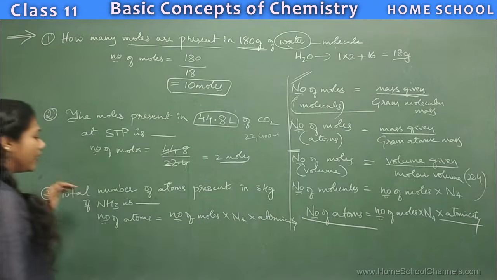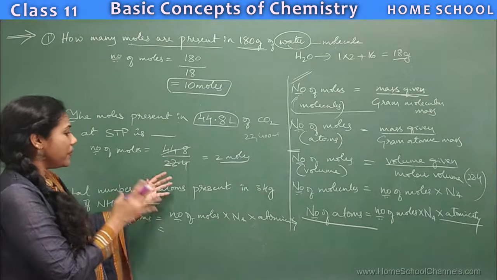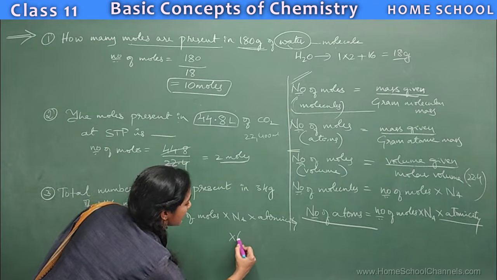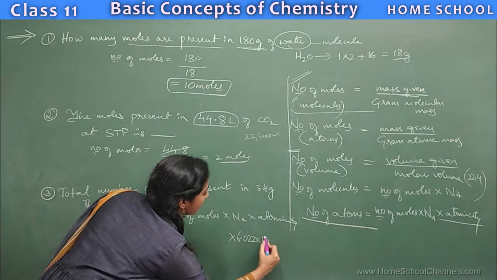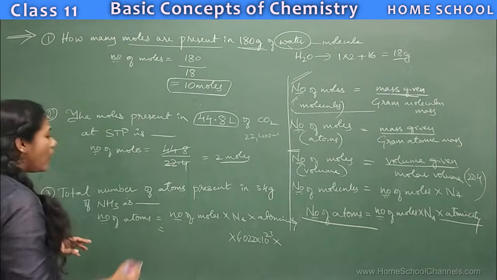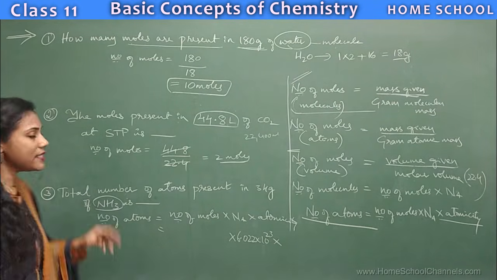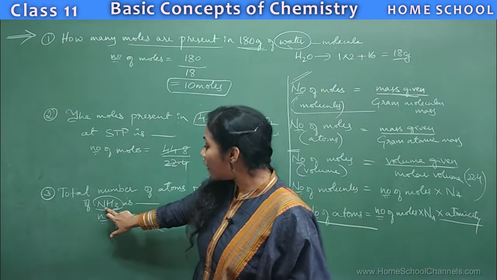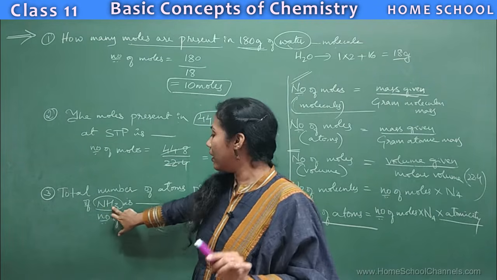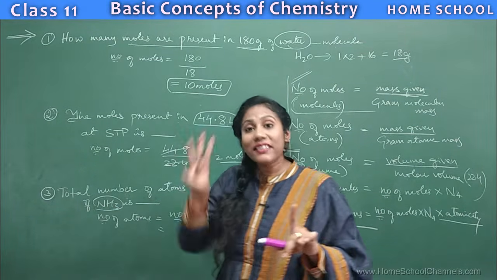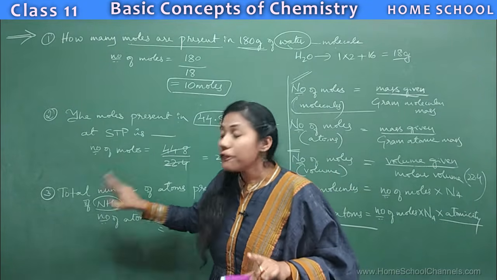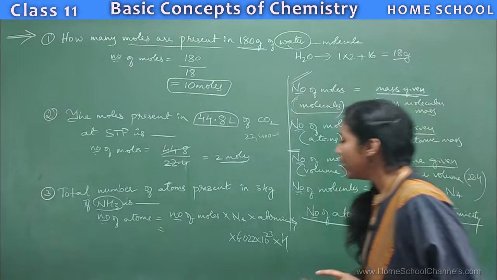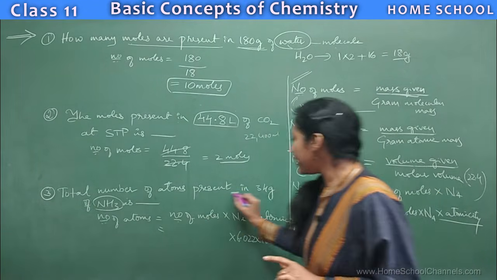Atomicity, isn't it? Okay. So now, see what information is there in the question. Avogadro number, you know its value. Avogadro number is 6.022 into 10 power 23. Okay. So what is the atomicity of NH3? Atomicity means the number of atoms present in a molecule. Totally, how many atoms are present in one molecule? 1 nitrogen atom and 3 hydrogen atoms. Altogether, 4 atoms are present in ammonia, right? So, atomicity is 4. And here, number of moles is not directly given in the question.